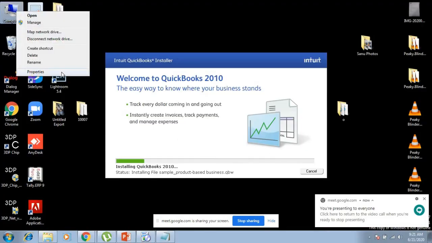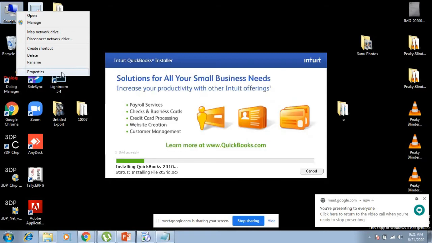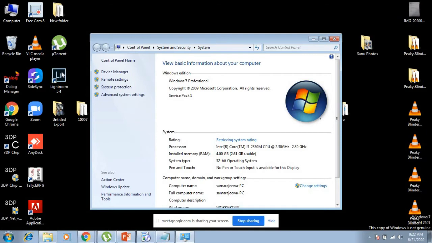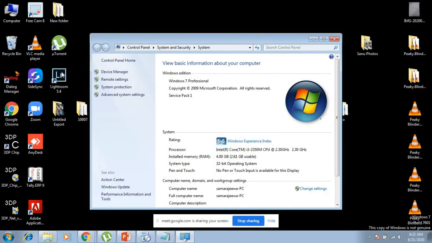Get to know your computer operating system by moving to the computer icon, right click and then go to properties. From properties you can get to know the Windows version of your computer.